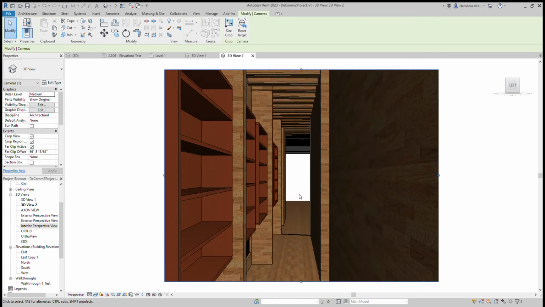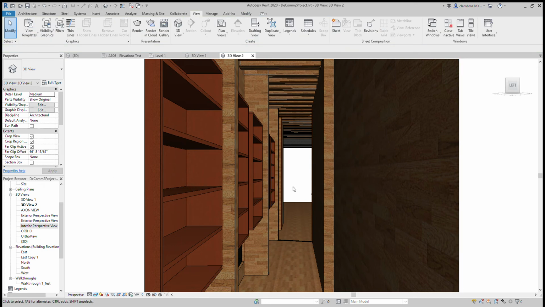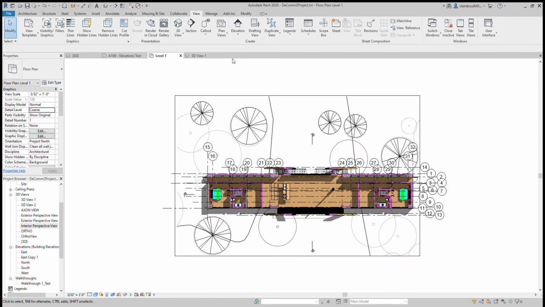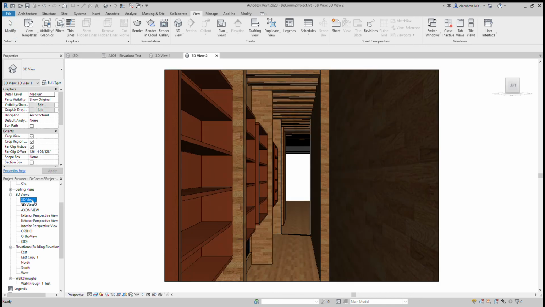I have no clue why that part's not showing up, but honestly, it shouldn't matter with a building like yours because yours isn't as long as mine, so it should be fine. All right, so now we've got an interior